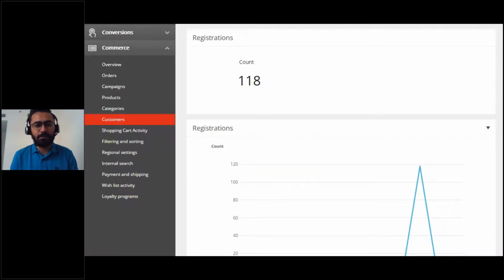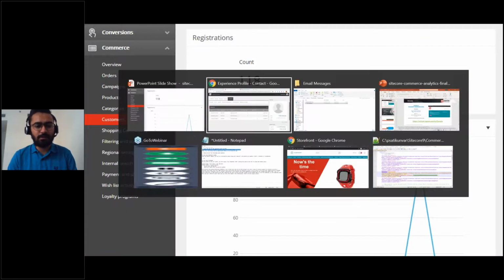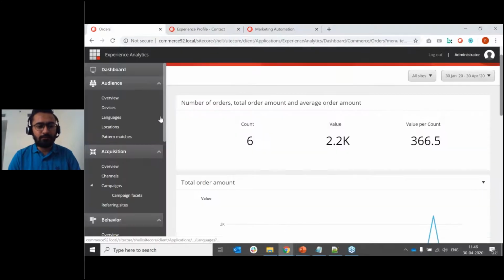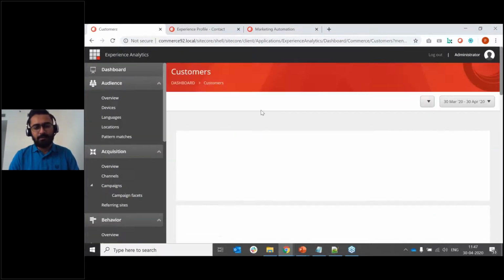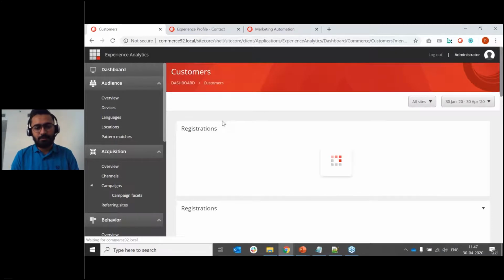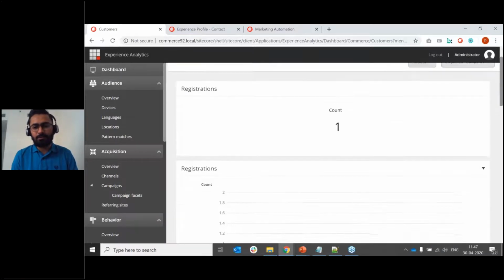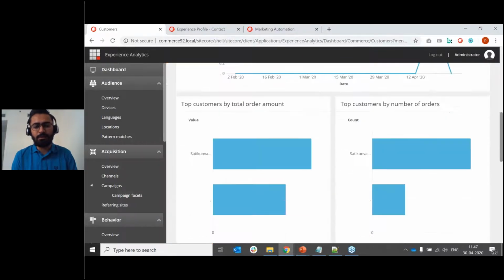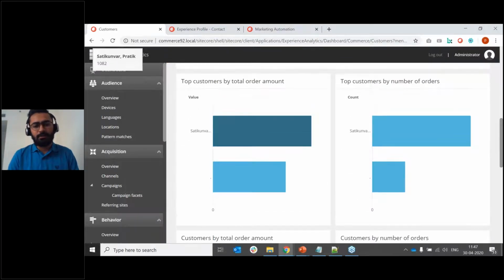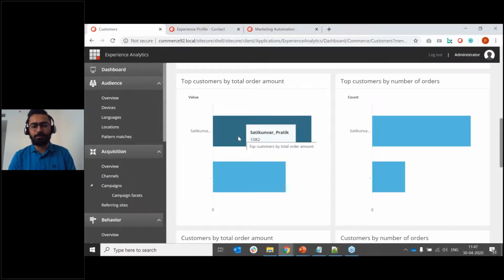We have this information related to the customers graph. If we move to customer, we have the total number of registrations in this duration. Total customers by order amount: this is the customer who has placed the highest order amount, which is 1082, and customers by number of orders.